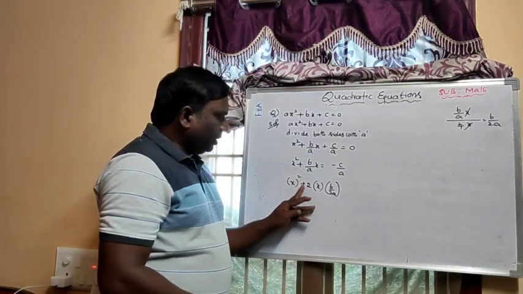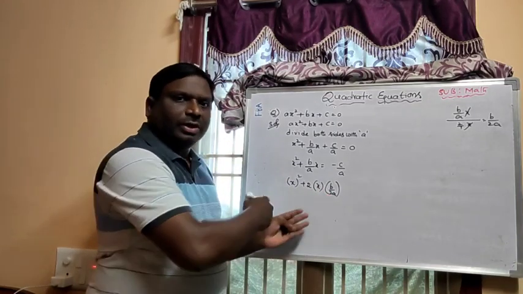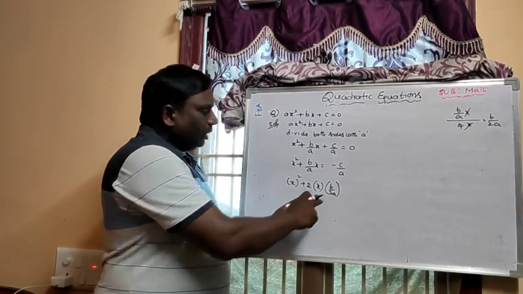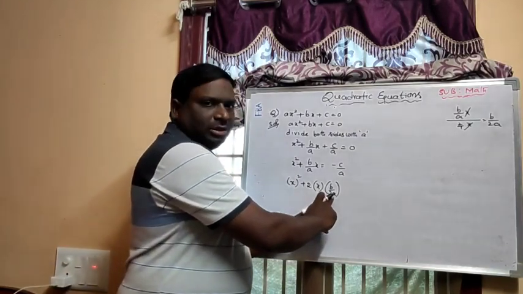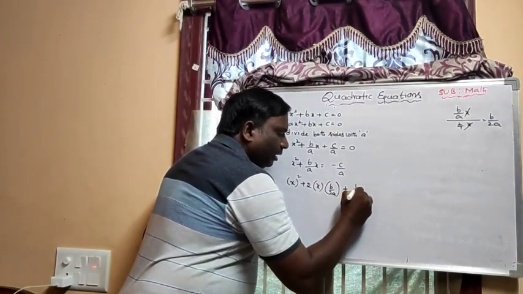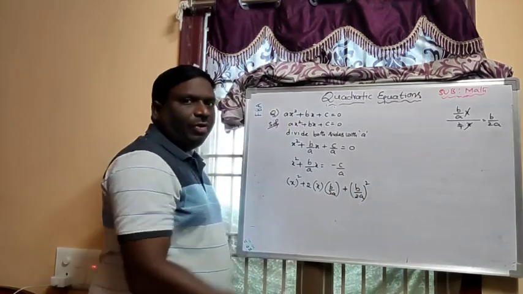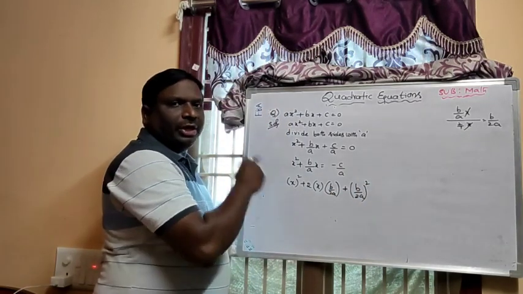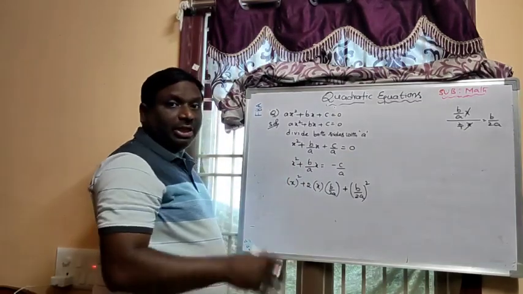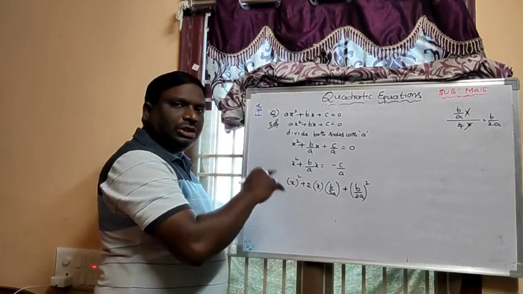So a square plus 2ab plus b square is there, then you can write the identity of (a plus b) whole square. Here b is b by 2a. Now I am writing (b by 2a) whole square, I am adding. If you add any term to any expression or any equation, immediately you have to subtract the same term. Then there is no change in that expression or equation. There is no change in that value.